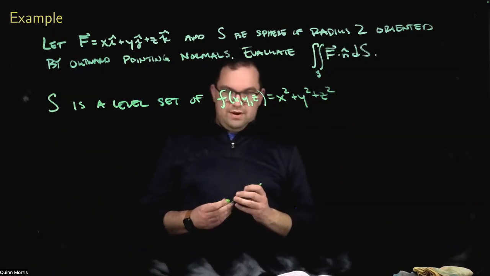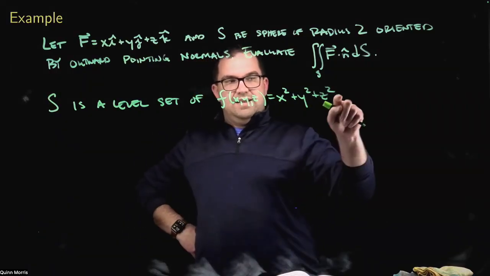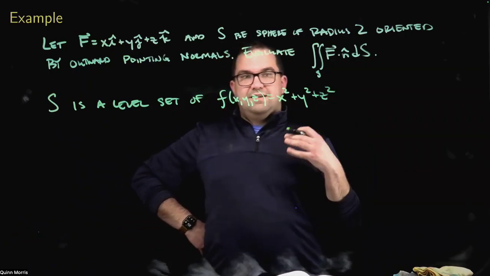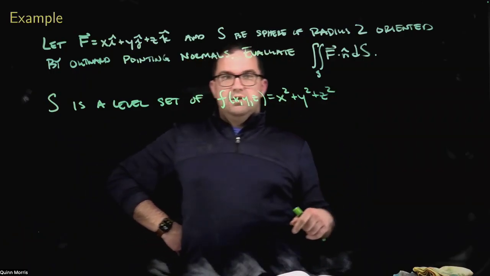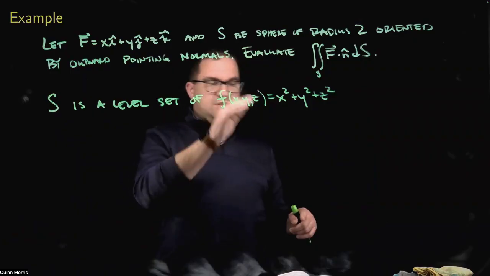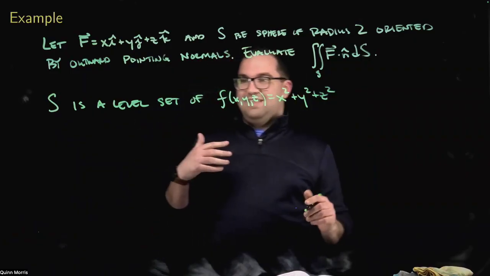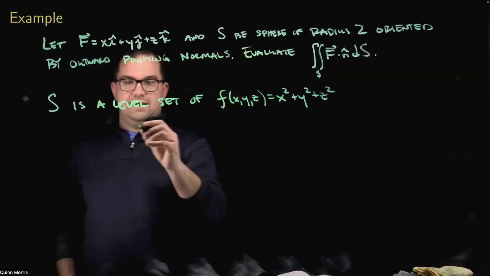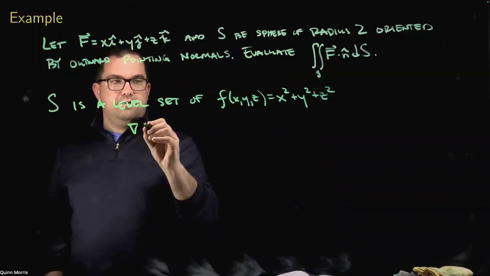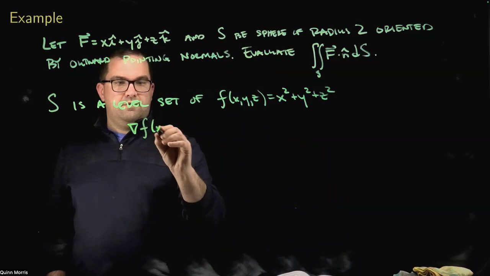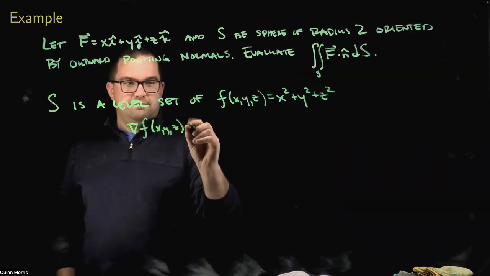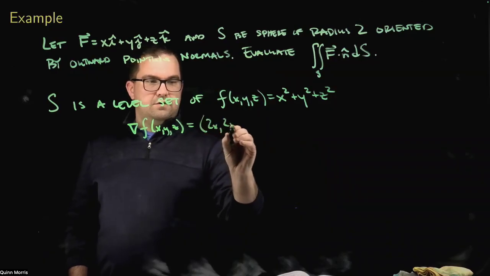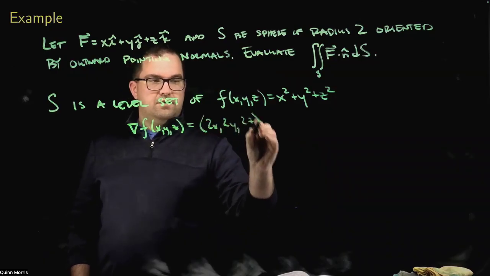A level set is just, if I take this and set it equal to a particular value, x squared plus y squared plus z squared is equal to 4, then that gives me the sphere of radius 2. So my surface S is just a level set of this. And so when you have a level set, one way to get a normal to it is just to take the gradient. So the gradient of f of x, y, z would just be the vector 2x, 2y, 2z,